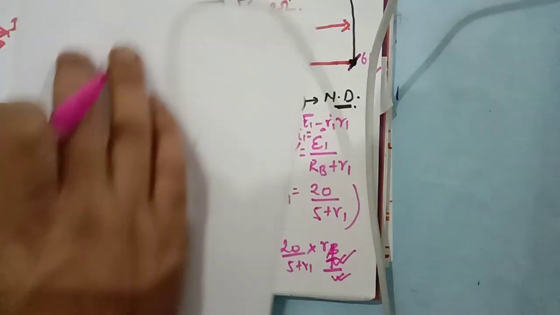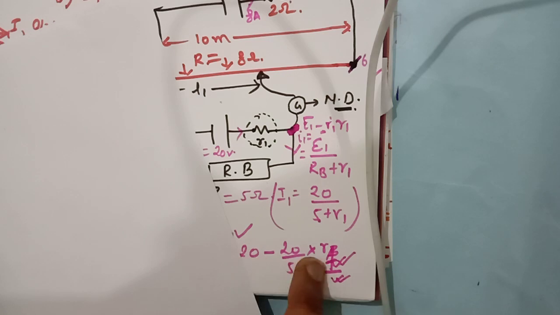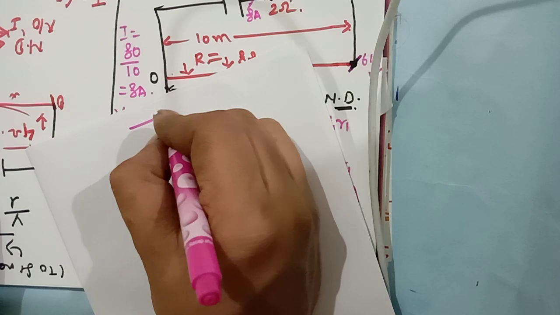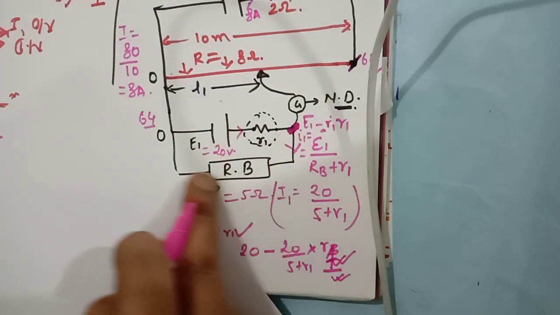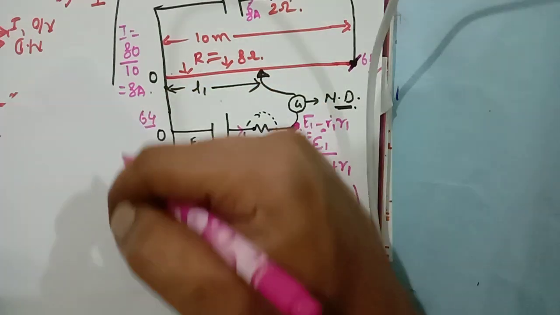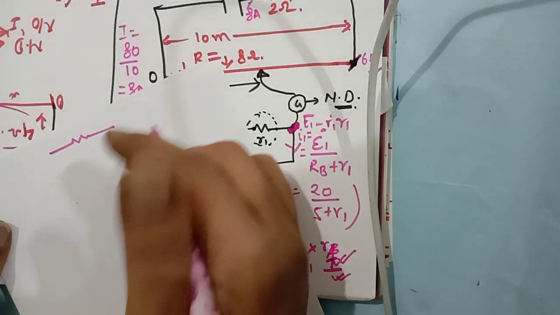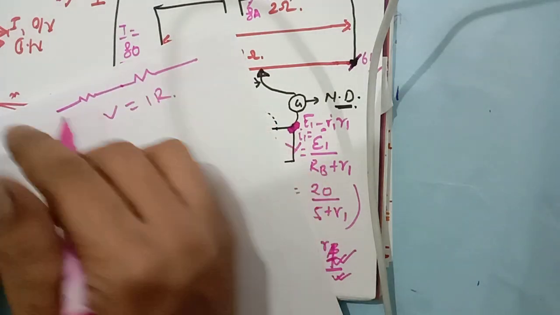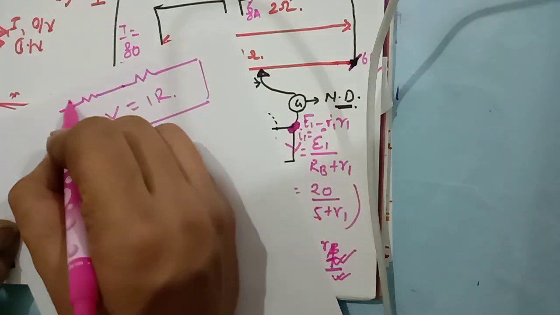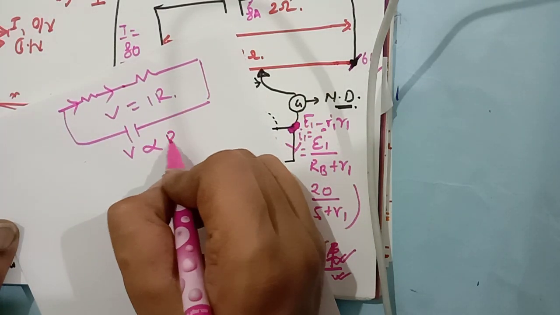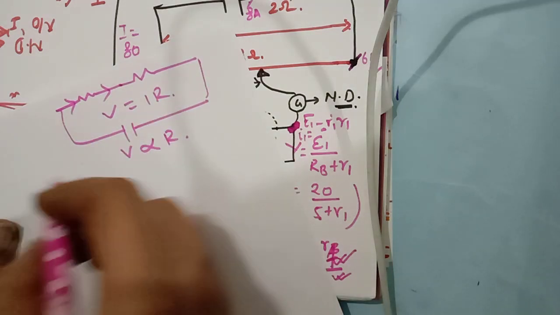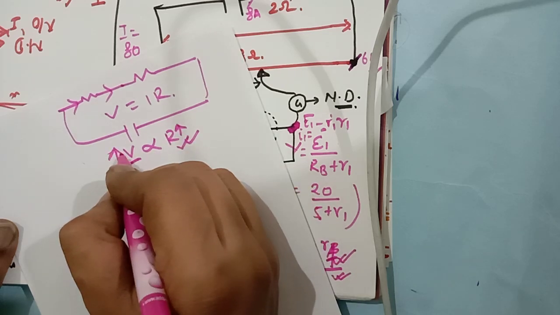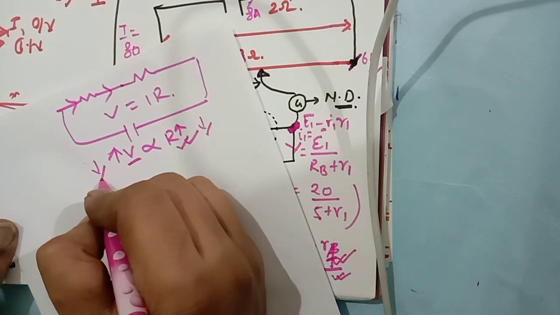So what it was, I was asking whether it will be R1 or RB, right? Since the below circuit was a series circuit. Look, it was also a series circuit because the two circuits are completely isolated, right? In a series circuit, V is equal to IR, right? Since if a voltage V is connected, I will be the same. So V will be directly proportional to R since I is the same, right? So voltage drop will be directly proportional to R. The more the resistance, the more the voltage drop. The lesser the resistance, the lesser the voltage drop, right?